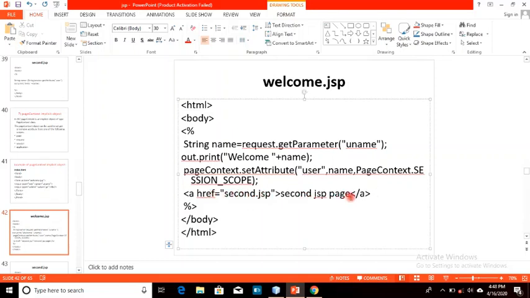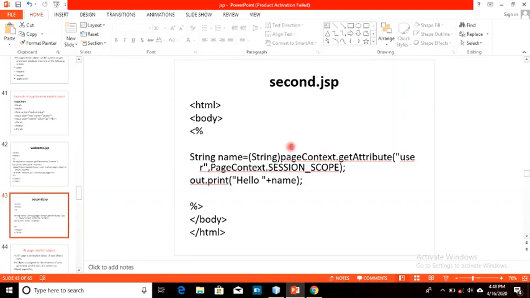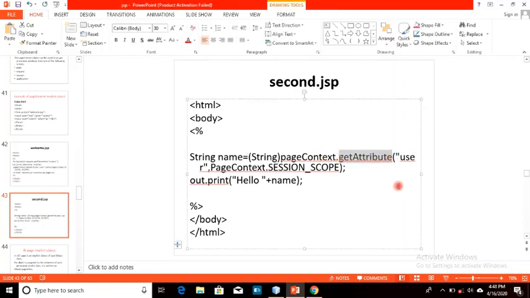We have a second JSP page, second.jsp, and in second.jsp again we have typecast it to a string type, and we will extract the attribute with the help of pageContext.getAttribute, in the same way we have done with the session. So pageContext.getAttribute, and here we pass the username and the pageContext.SESSION_SCOPE.